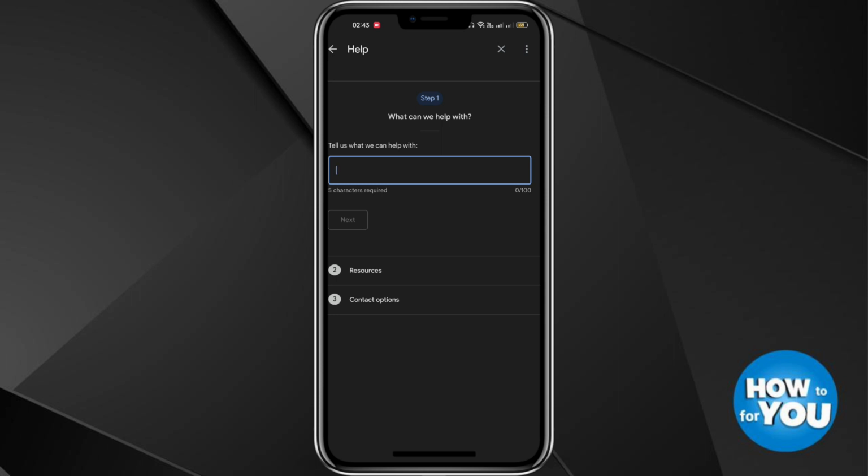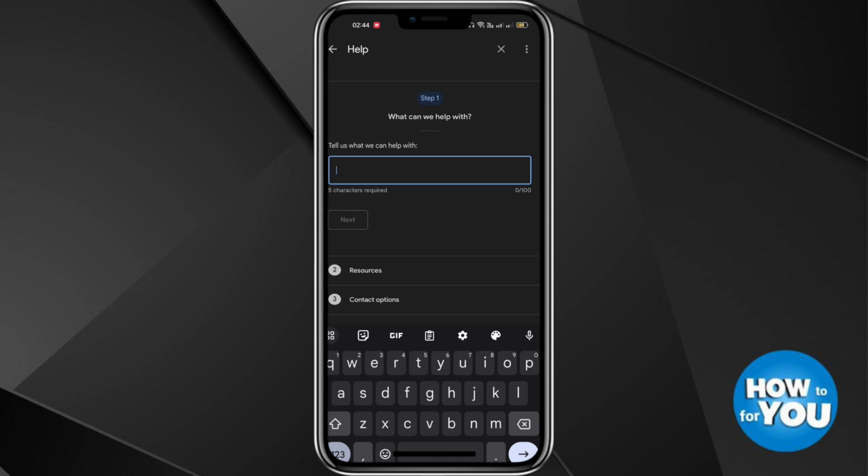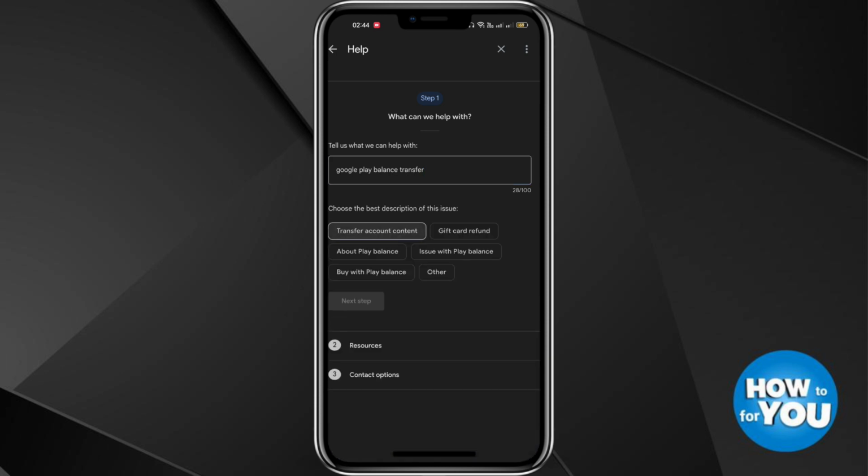and then you will be typing or put your reason for the help that you needed on the Play Store. So I will be putting Google Play balance transfer, and then after that one click next, then click transfer account and content,